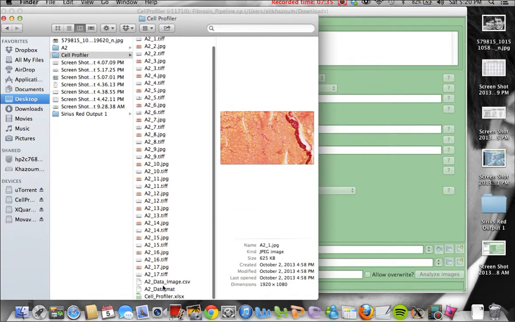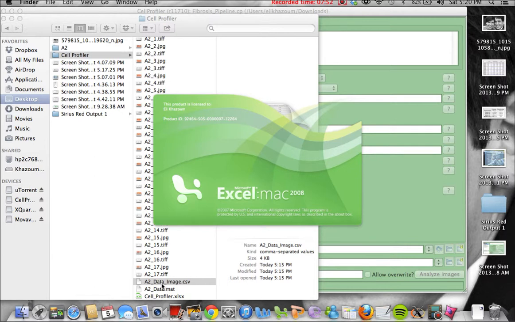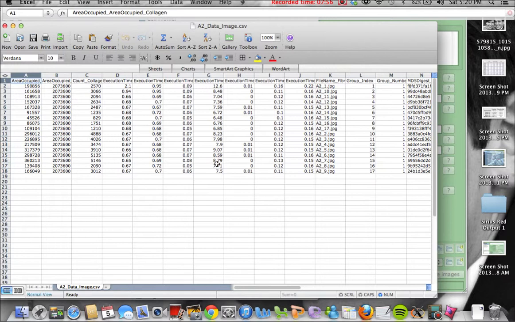So in this CellProfiler output, you're going to see one of these files says A2 data image, and this is actually the spreadsheet that has all of the information we want in it. So click on that. It's going to open up Excel,